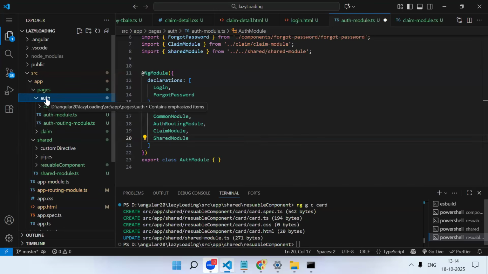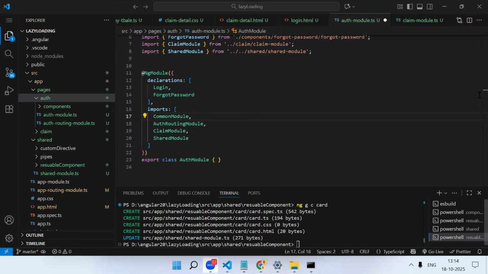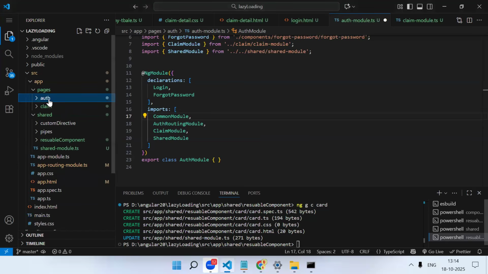Let's say the login service is there. Login service, you are going to need it over here. Which one is better: keeping all the services in a single folder and using it in the app module, or in feature modules? Let's say a master service is there, and in that master service, all the API calls are there,